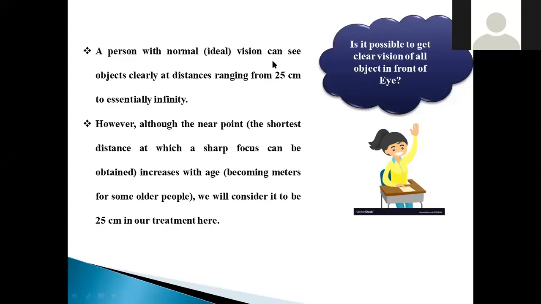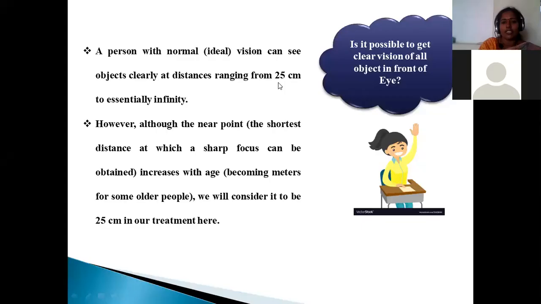Right? A person with normal vision can see objects very clearly at a distance of 25 centimeters. If the object is 25 centimeters from the human being, it is possible to see it if the person is not suffering from any kind of visionary impairment. Okay, so one with healthy vision is able to see at this distance.